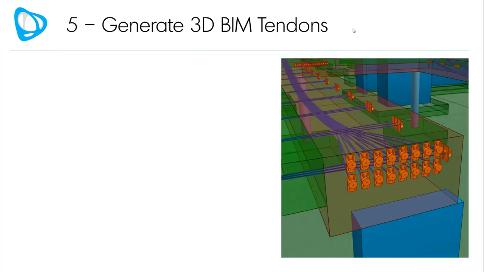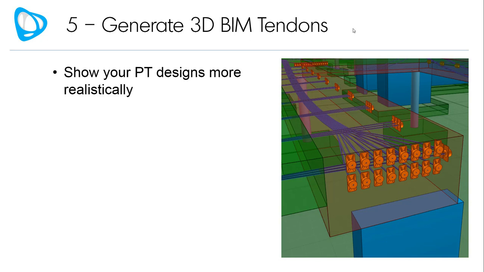So the next workflow talks about how you can use Visicon to generate 3D BIM tendons from your ADAPT models. Why would you do this? Is so that you can show your PT designs in a more realistic geometric layout. And I'm not promoting here that you as the structural engineer become responsible for the final coordination and actual placement of the tendons. However, we run into so many instances where what an engineer is proposing as a theoretical force,